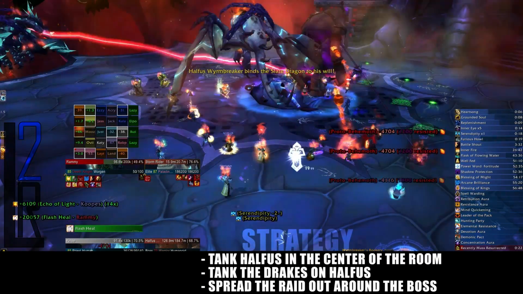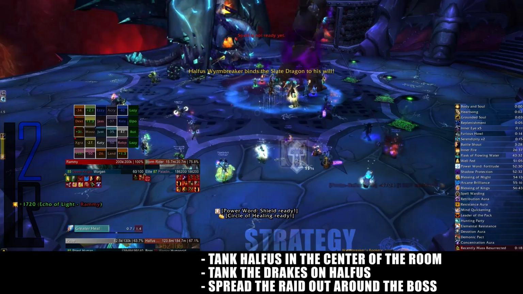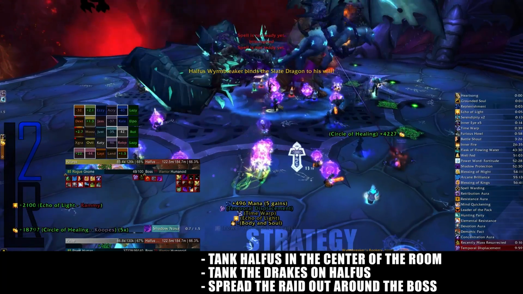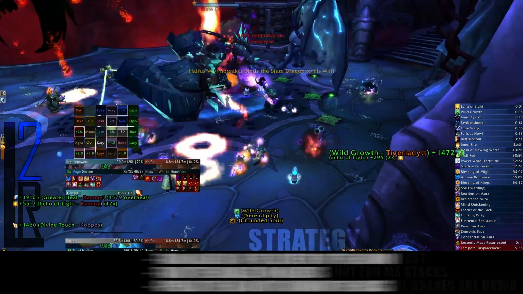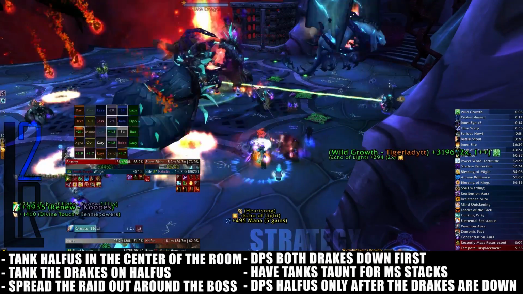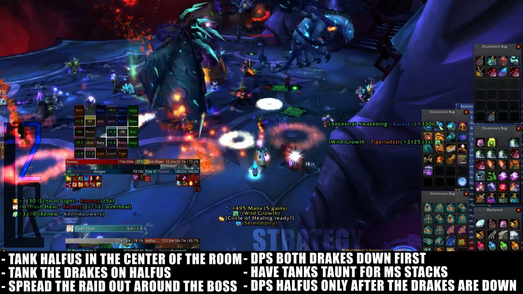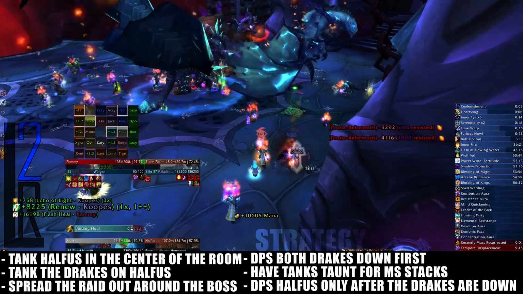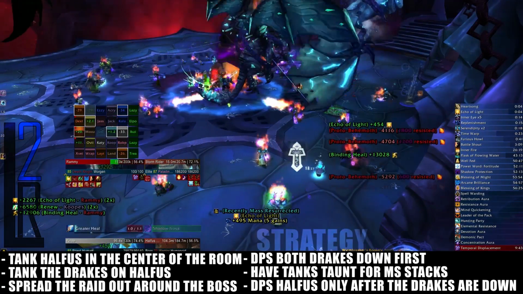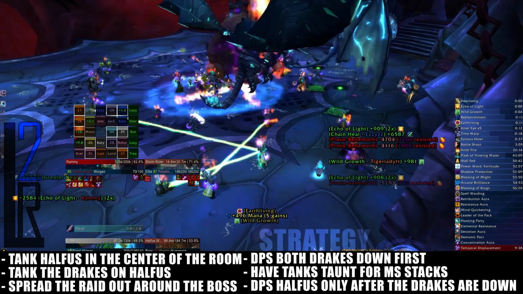One tank on Halfus in the center of the room, one tank on the 2 drakes of your choice, very close to Halfus in the center of the room, and the raid spread out around the boss to more easily dodge fireballs. Once the tank has decent threat, DPS should focus on killing the 2 drakes as quickly as possible. The drakes themselves do not have any special abilities aside from meleeing somewhat hard. Focus healers on the tanks heavily until the drakes have been killed, and make sure the raid avoids as much